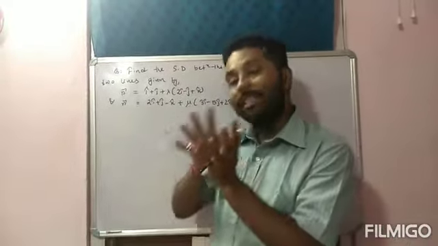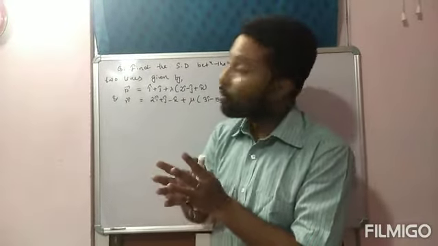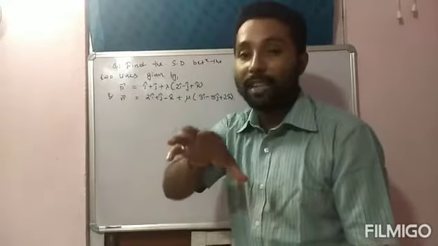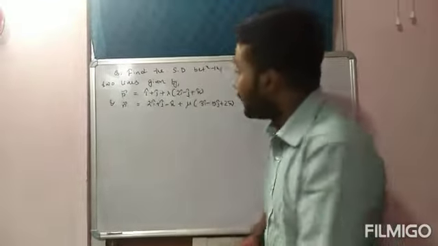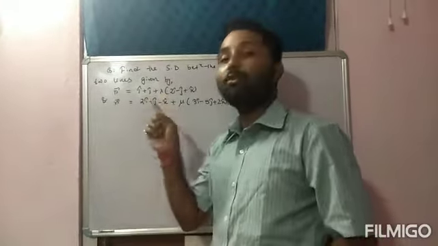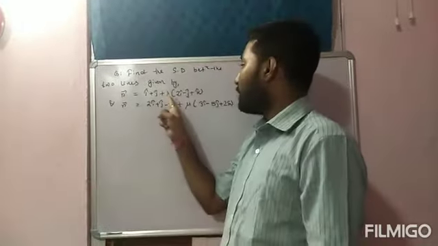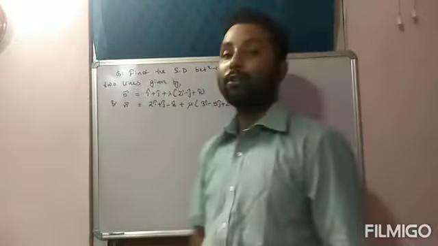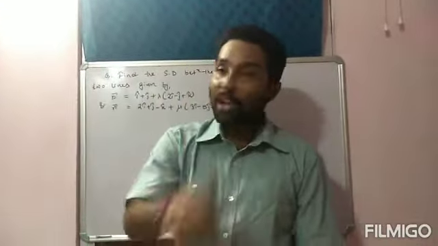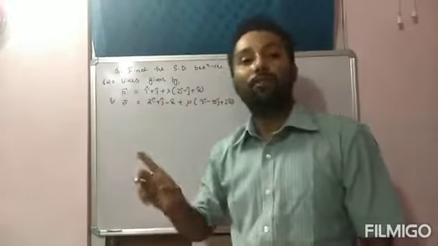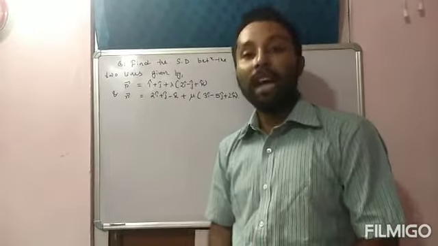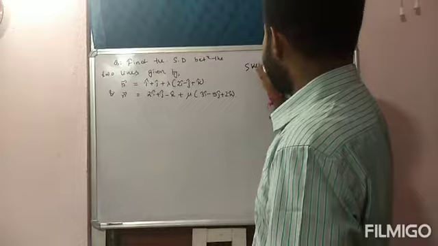Because this will not be mentioned in the question whether the two lines are parallel or not. Question will be like this only: find the shortest distance between the two lines. You have to identify whether the two lines are parallel or not. These two lines will be parallel if the coefficients of lambda and mu are same. अगर lambda और mu का coefficient same होगा तो then only we can say that the two lines are parallel. But if the coefficients of lambda and mu are not same, then we can say that the two lines are skew lines.